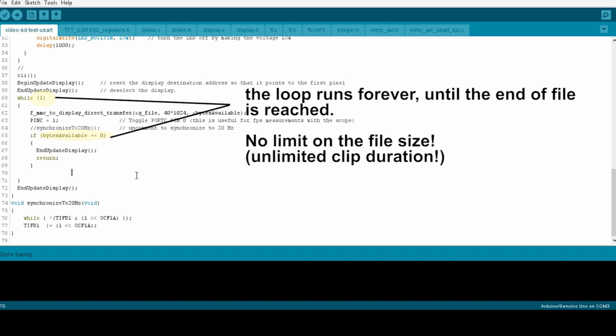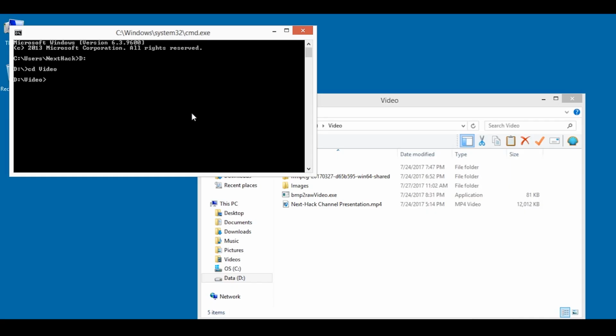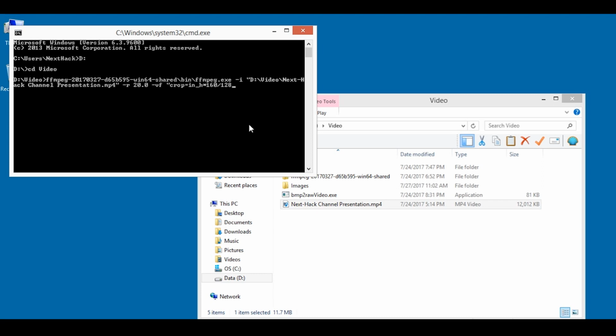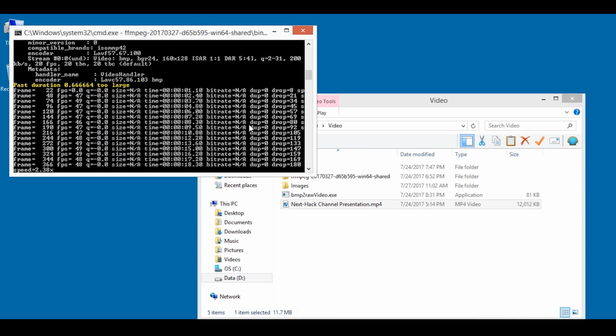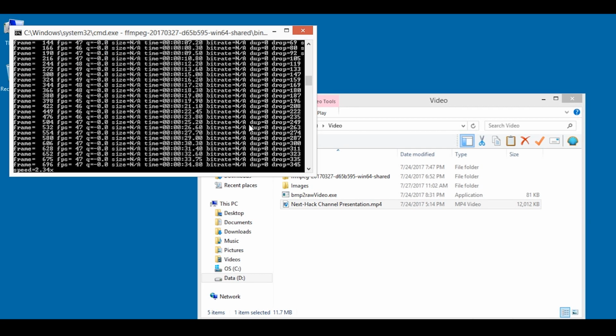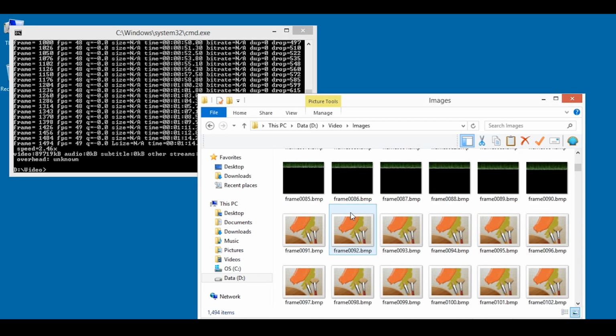Now everything is ready and we just need a video in the RAW format. For this purpose we need to perform 2 steps. As a first step, export your video as a collection of bitmap pictures. The resolution of each picture must be 160 by 128 with 24 bits per pixel. The original video must have a frame rate of 20 frames per second. If your video has a different frame rate, you can change it during the export process. On our website we explain everything to do this.